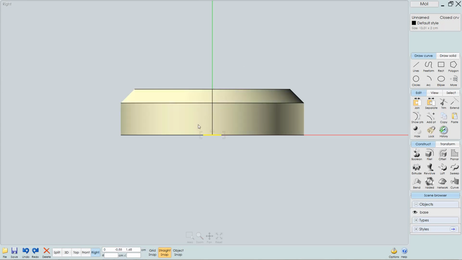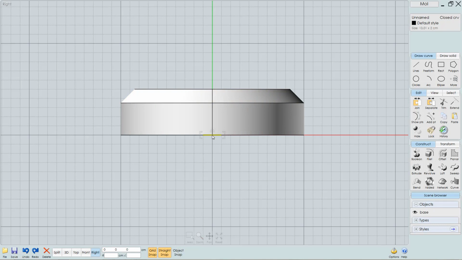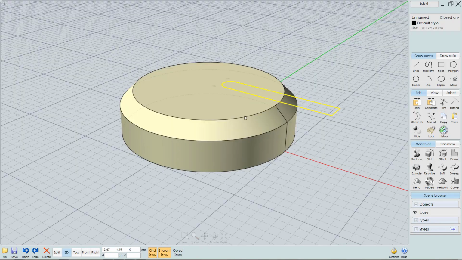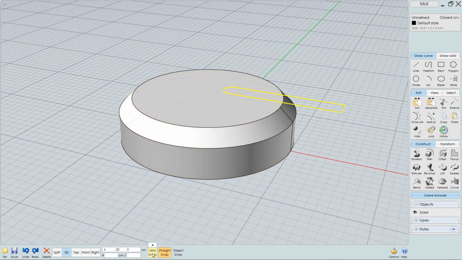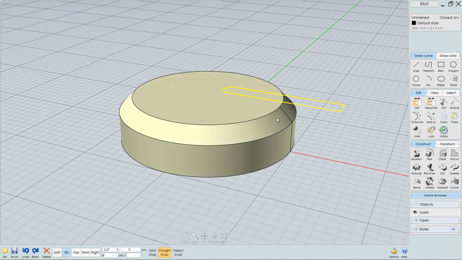I'll just undo that, switch on grid snap again, and I'm also going to show that grid again. So I'll just move this up above the object a little bit. Let's go back to the perspective view, switch off grid snap, and next what I'm going to do with the